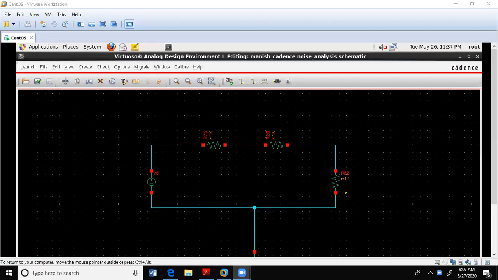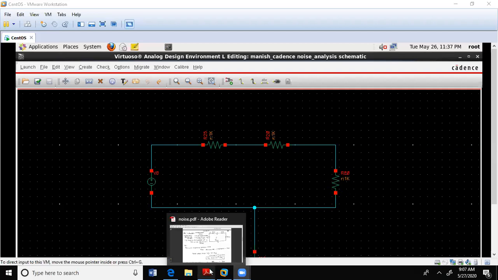Good morning, students. In the last lecture, we analyzed noise theoretically, and in this lecture, we will verify the results calculated in the last lecture. We will also analyze some results for passive circuits, such as a low pass filter, and some results for active circuits using transistors. Okay, so now let's start.